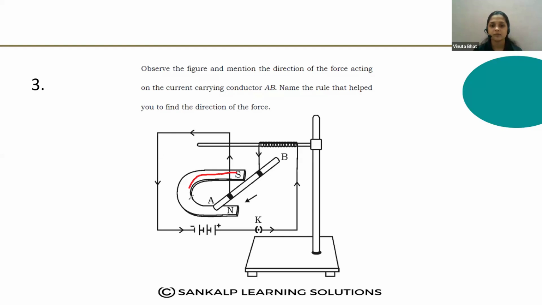There is a horseshoe magnet having the south and north pole, and the current carrying conductor is kept in between these two poles, and this conductor is connected to the battery. Here you can see the battery and the direction of the current flow. It is flowing in this direction. Then